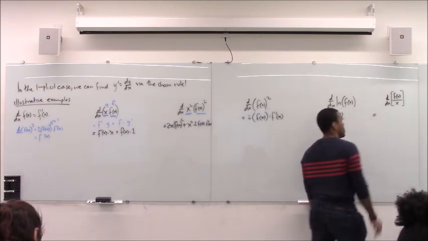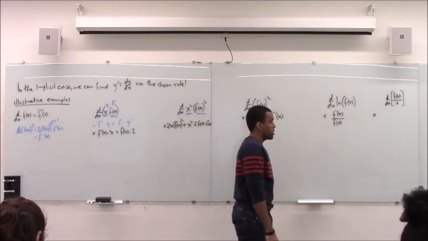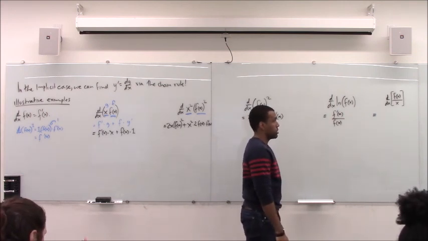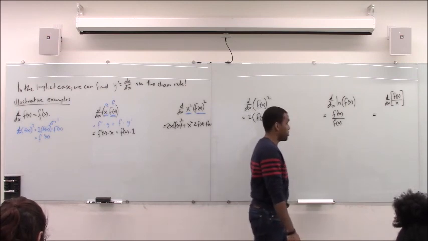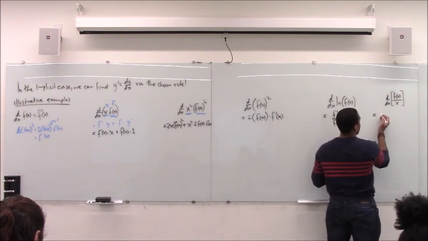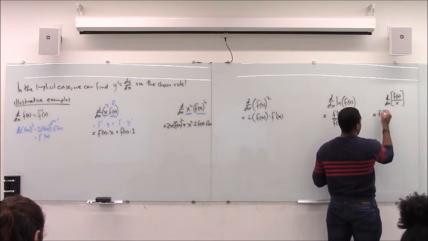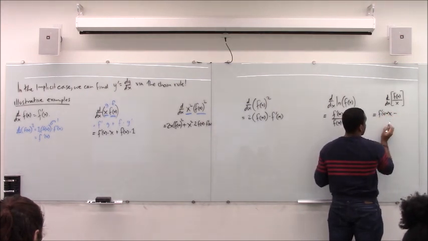You do this one, f of x divided by x, derivative. Quotient rule, right? It's a division of functions. So, what would that look like? f prime times x minus